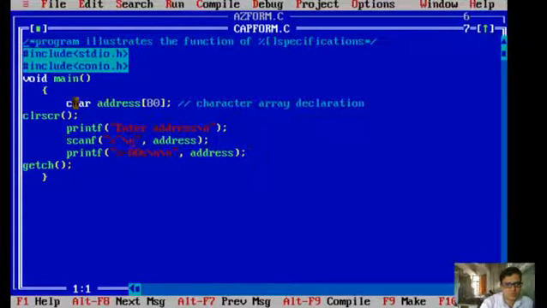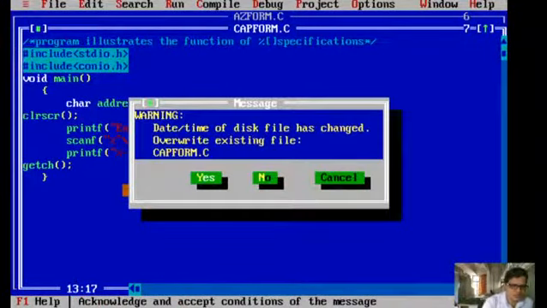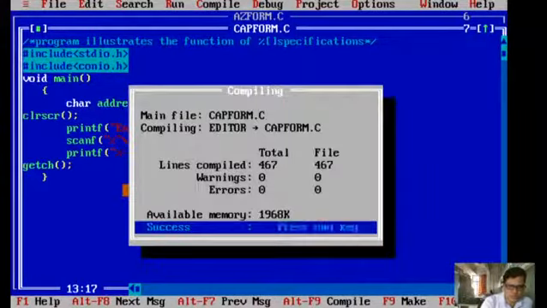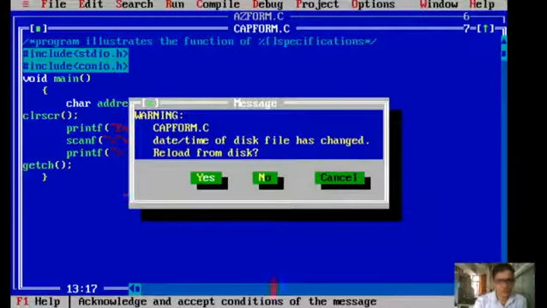There is no mistake, right? But it is showing include stdio.h, include conio.h, clrscr, getch. Yes, it is right. I'm saving, compiling and running. Enter address, but it is showing the previous one only.